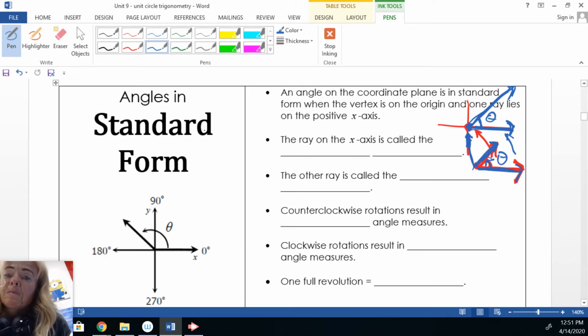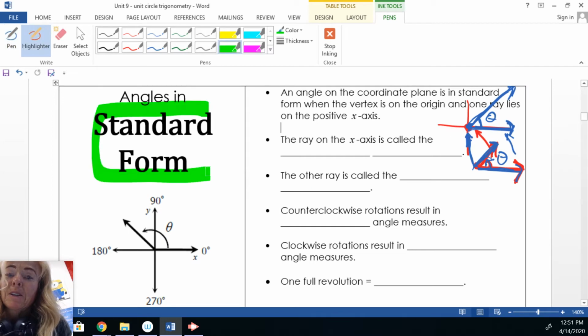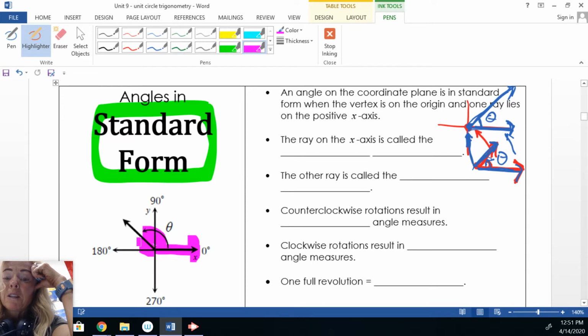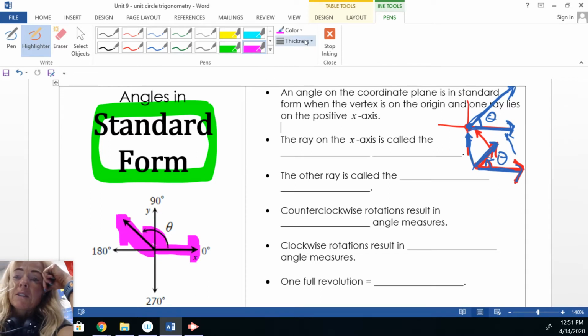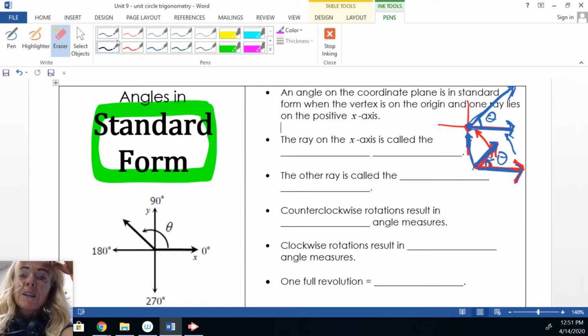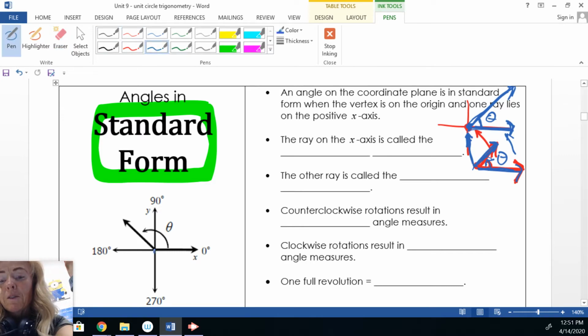So standard form, again, that's just what we talked about. We have the vertex at the origin. We have this side right here, the side of an angle, and we call it a ray, and this ray is the initial